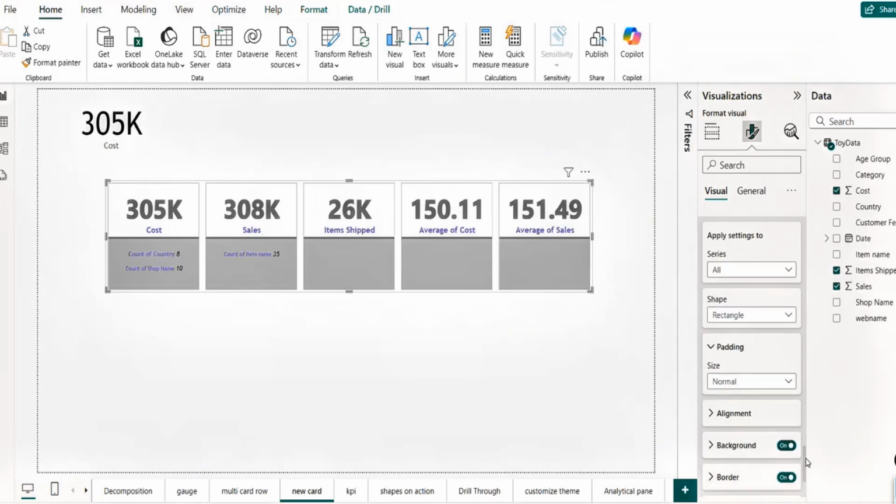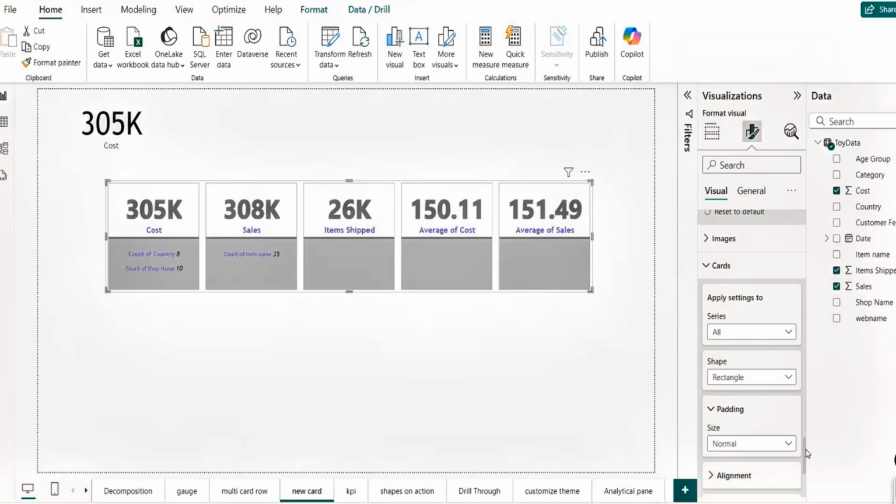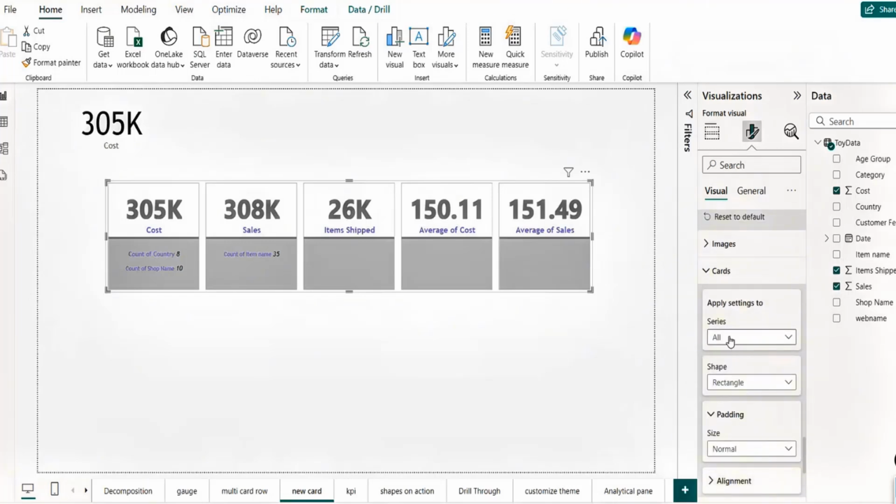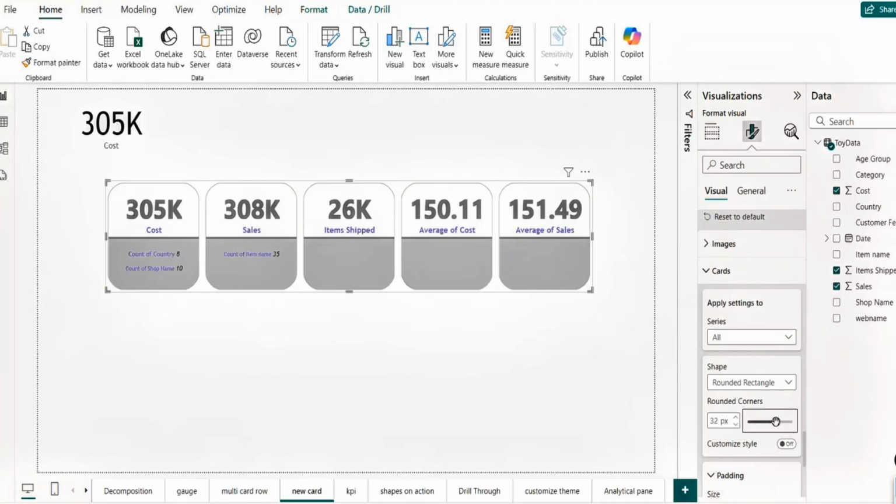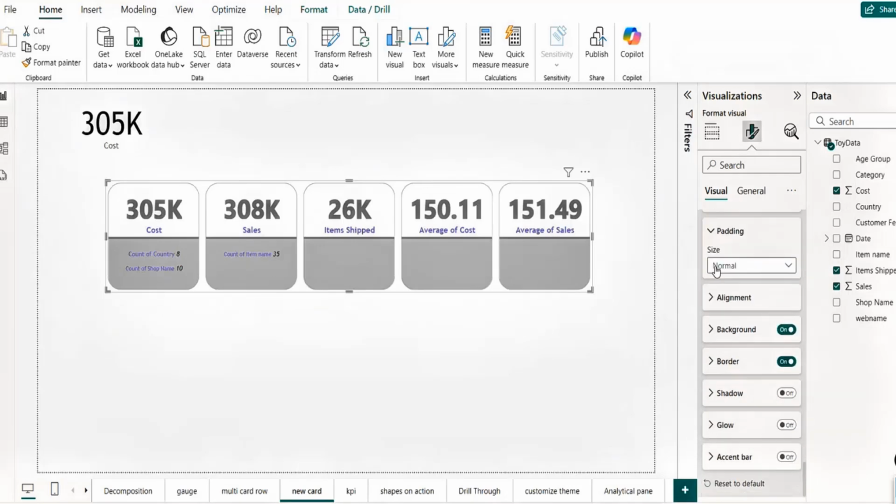So yeah, in the card, what we have, apply this to all. So rounded rectangles, you see that? Wow, this looks beautiful, isn't it? You can put the rounded corners, increase this, and you can have more roundness if you want, right? Same with, then you have the,